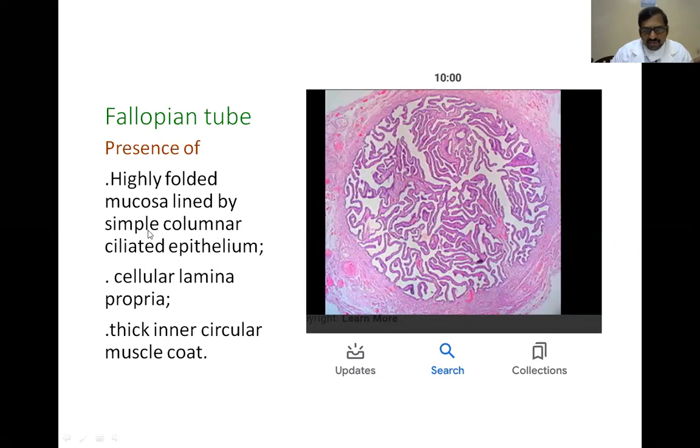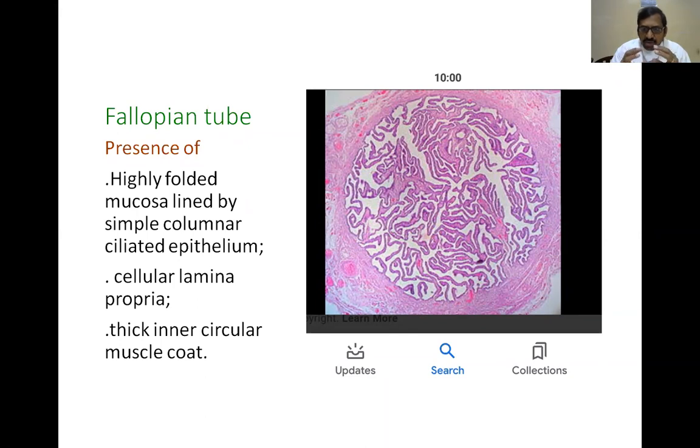That is a ciliated simple columnar epithelium with the cilia. That is the characteristic feature of the epithelium of the uterine tube. At the same time, the mucosa has so many folds, and it is forming small gaps in between the folds. These folds and spaces are very narrow, and because of these small narrow spaces, it is able to provide nutrition to the zygote or fertilized ovum from all sides,